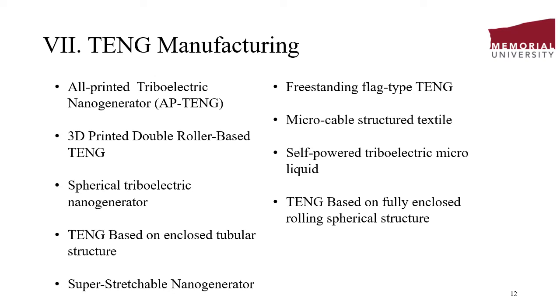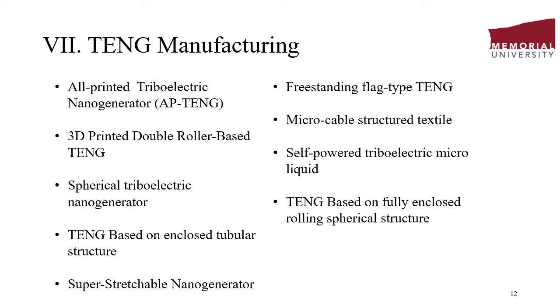In one, the electric materials are in tubular form, while in the other, the material and electrode are in a spherical form inside the tubular. So, for example, when it is floating on the water, the two layers get contacted and generate electricity. And here you can see the super stretchable nanogenerator is a special one. It is under research. It can be used as an electronic skin. And one of the special ones is a freestanding flat type